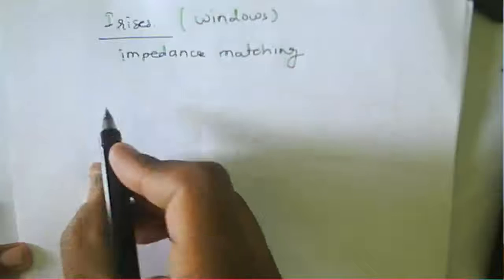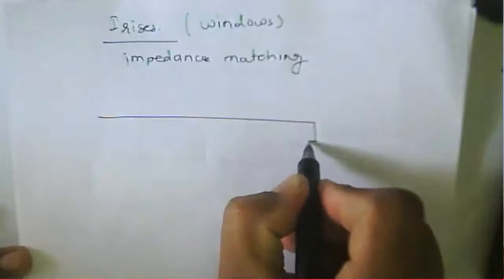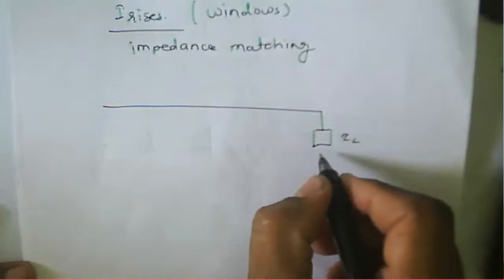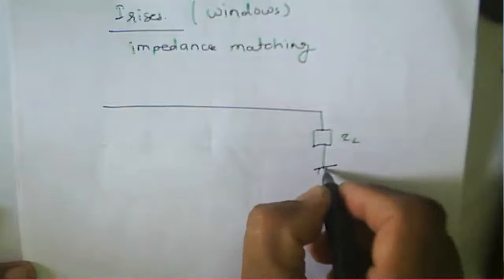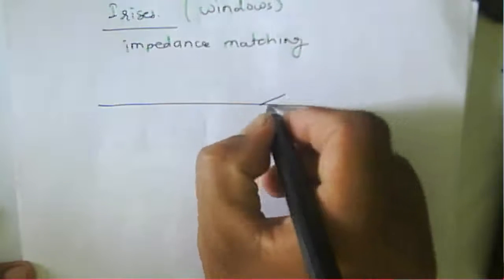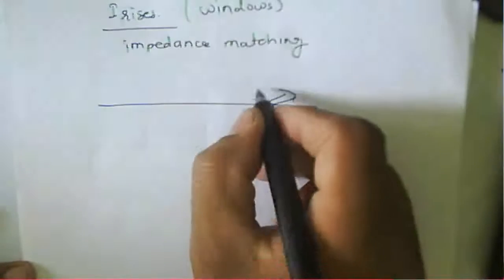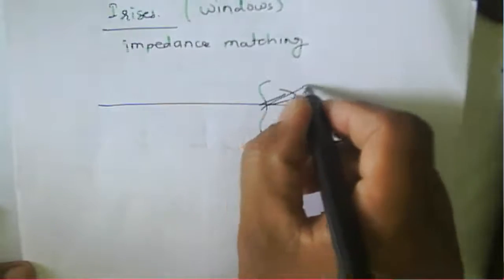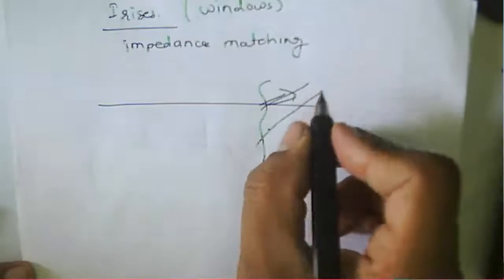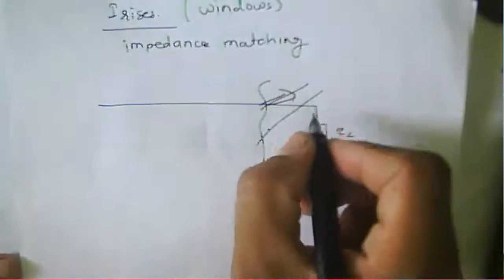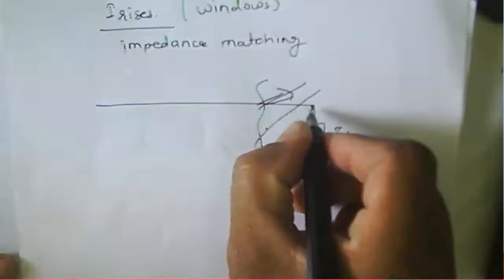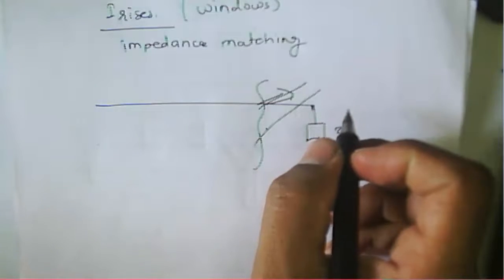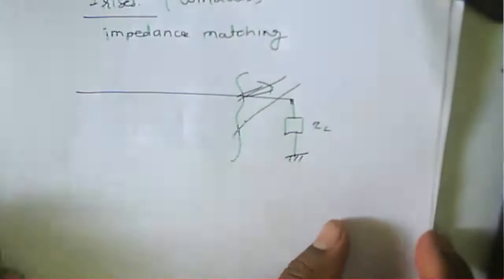So throughout your circuit in a transmission line, you have a load here. That load is to be matched, but that load is fixed. So in that case, we have to consider one more component. Either we consider a quarter wave transformer, or we connect a stub at this particular line, a single stub or a double stub, at some length from the load. Now instead of this stub and everything, we can consider the iris.